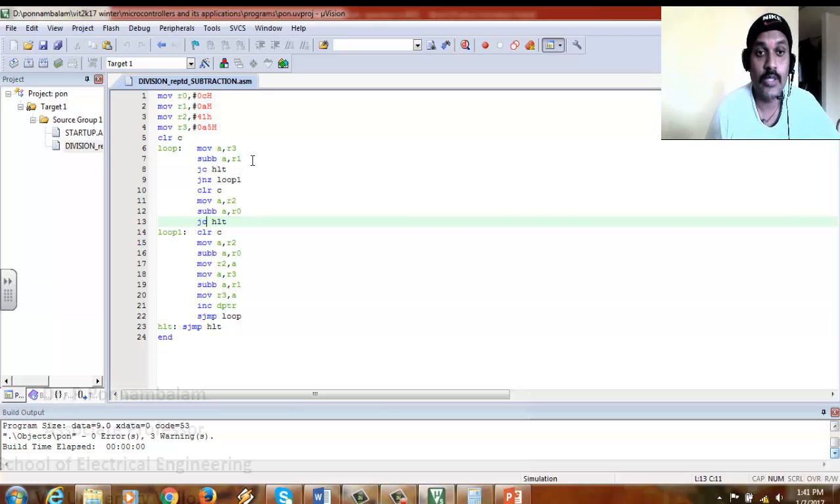I am subtracting both to compare whether the numerator upper byte is lesser than the denominator upper byte. If it is lesser, obviously the whole numerator is going to be lesser than the denominator, then I'll have to stop. That's the reason I am subtracting A, R1, and checking the carry. If carry is set, which means the numerator is lesser than the denominator, I'll come to the halt, so I will not proceed further. In this case A5 is greater than 0A, so it goes to the next